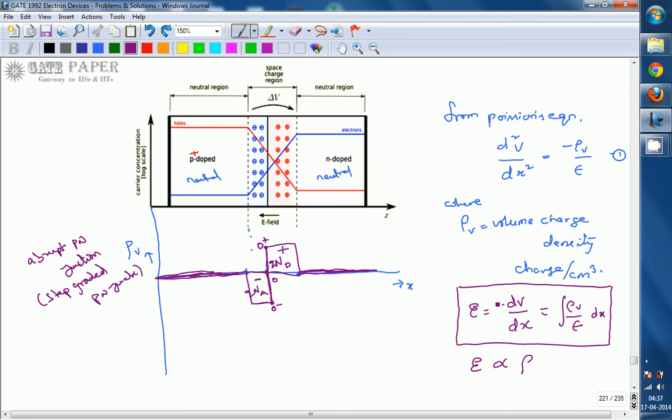Integral of electric field is proportional to integral of rho v into dx. Integration is nothing but continuous summation. Okay, so continuous summation, if you are going to draw the equation, at that time this is what you are going to get. Let us assume it is X, and this is we are going with electric field.